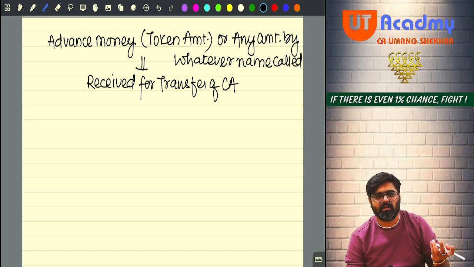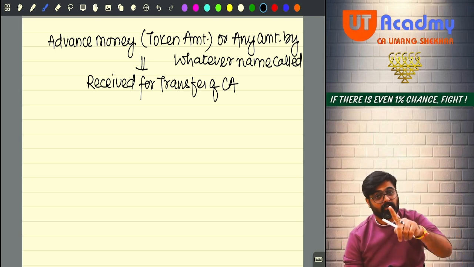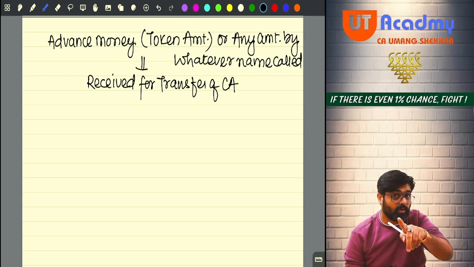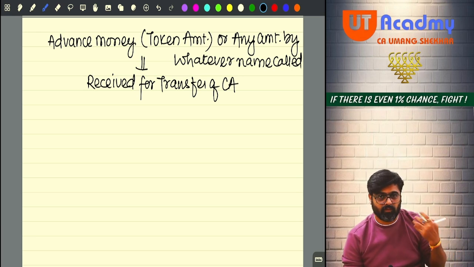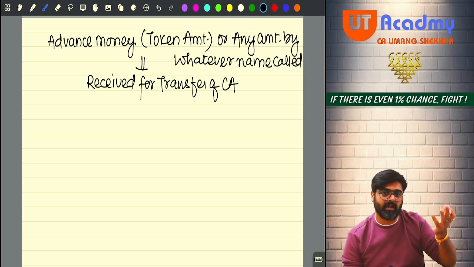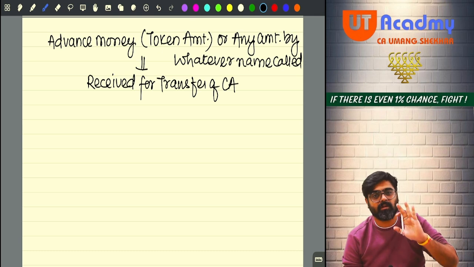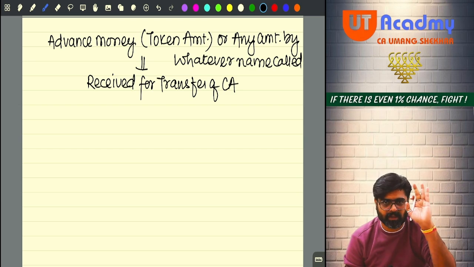Conditions, what's there? Why is this condition put? Because the moment this sale agreement is made, that buyer will say that, see, you have sold the property to me. Now you cannot sell the property to anyone else. You will say, just the sale agreement has been entered into right now. How can I believe you that you are going to buy the property from me? He will say, see, 75 lakhs I don't carry with me every day. Okay. If the property is purchased at 75 lakhs, give me some time to pay that 75 lakhs, no?